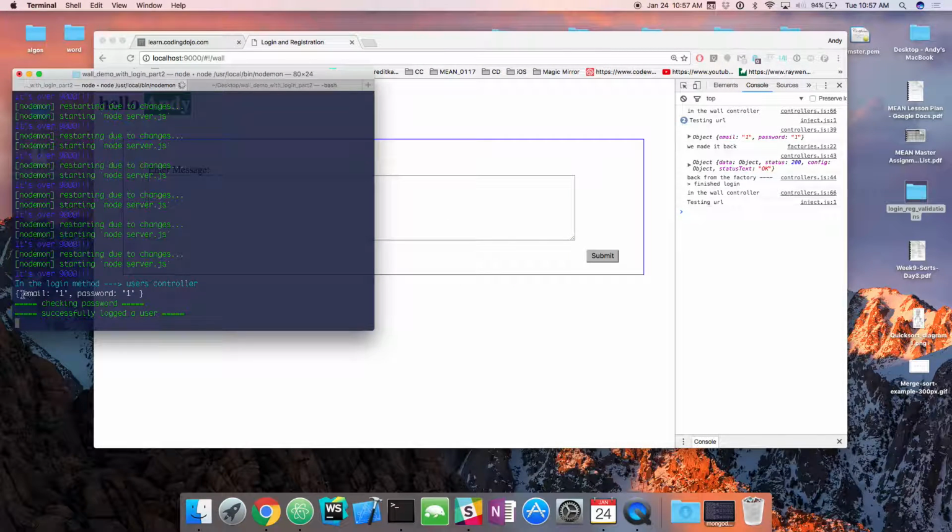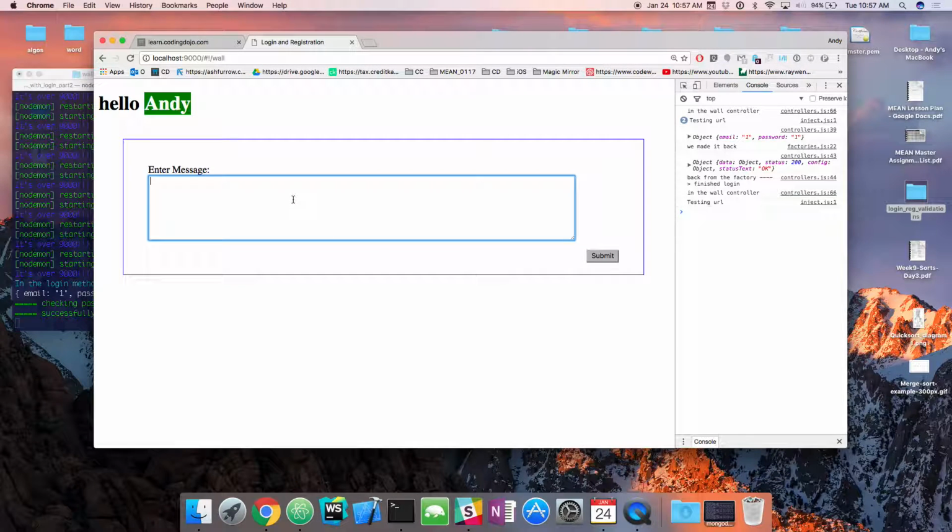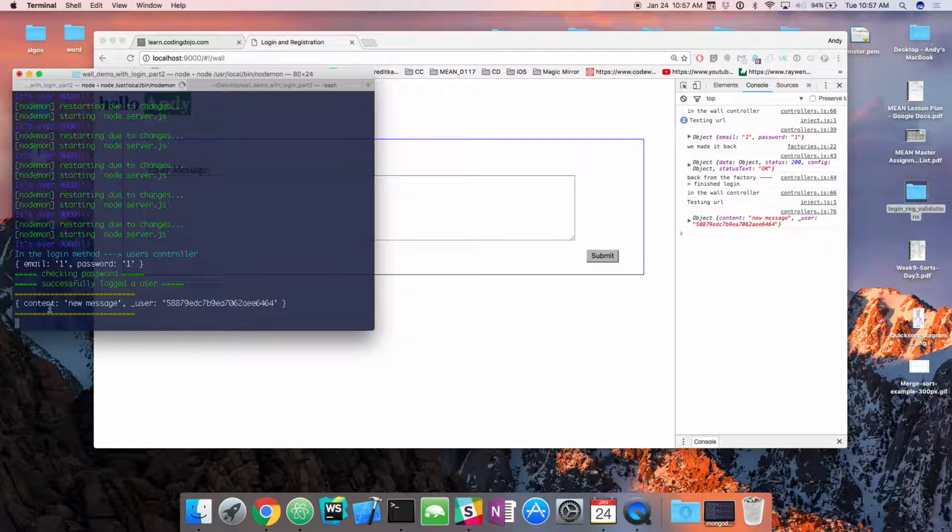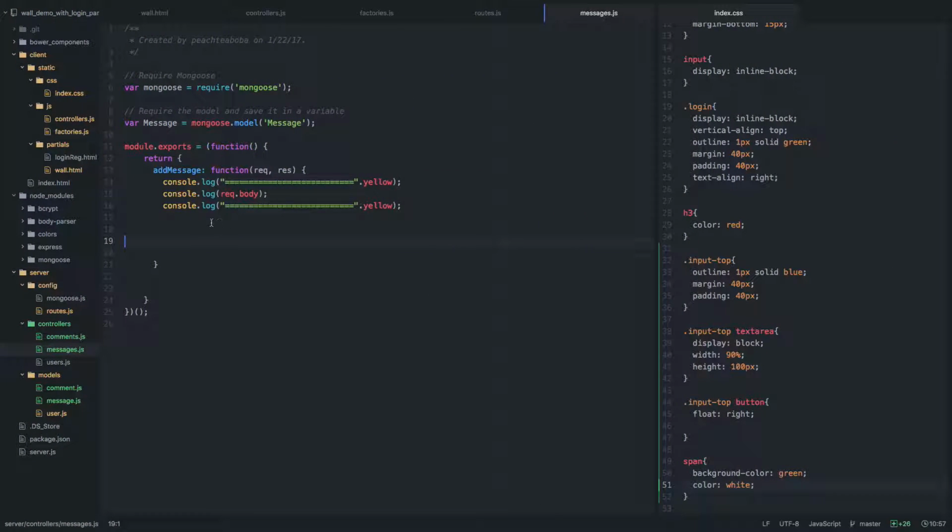So in the login method, users controller, that's good. That's what we did yesterday. And we are going to add a new message. Submit. Boom. Content: new message, underscore user is this user ID. So far we've made it to this point,